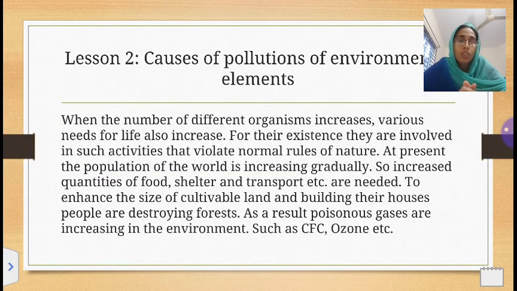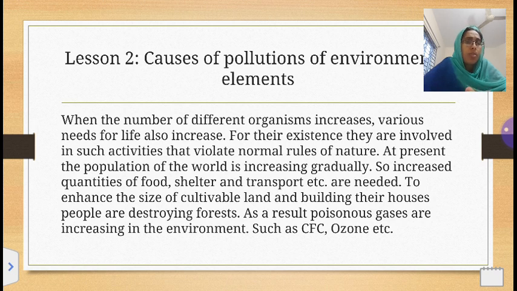and then lesson 2. Now we go to lesson 2, causes of pollution of environmental elements. Here we are trying to find out the main cause of pollution, why pollution occurs. This is the main theme of this lesson. When the number of different organisms increases, various needs for life also increase. For their existence, they are involved in such activities that violate the normal rules of nature. It means